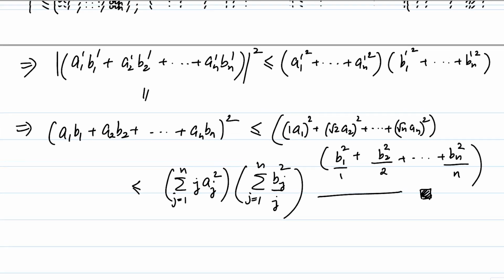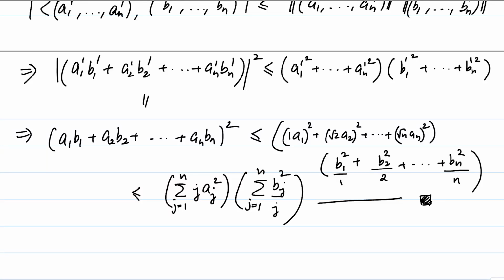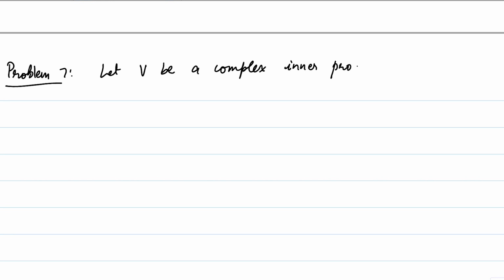So by picking our vectors very carefully, Cauchy-Schwarz inequality is giving us some remarkable inequality that we have seen here. So the final problem in this problem session involves an identity that is true in a complex inner product space. So let's look at what the problem is. Problem 7. So let V be a complex inner product space. Prove that